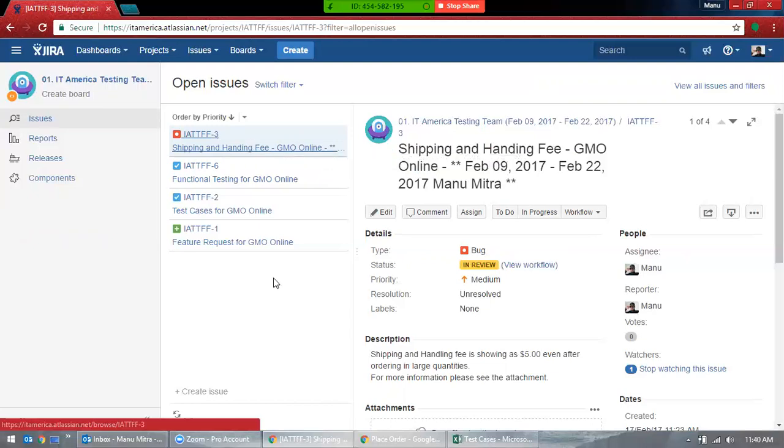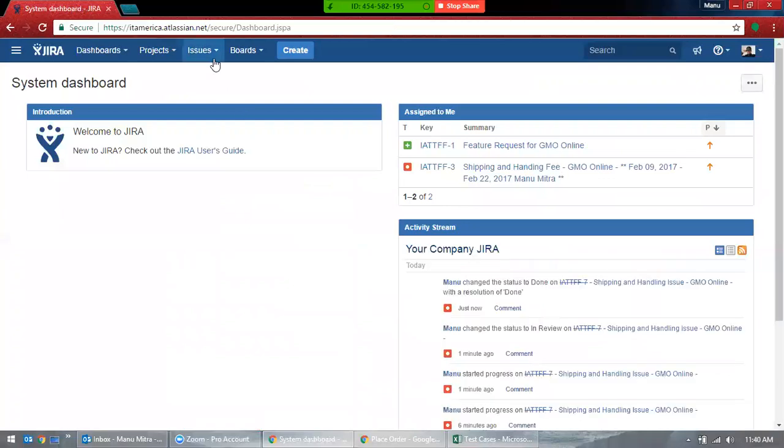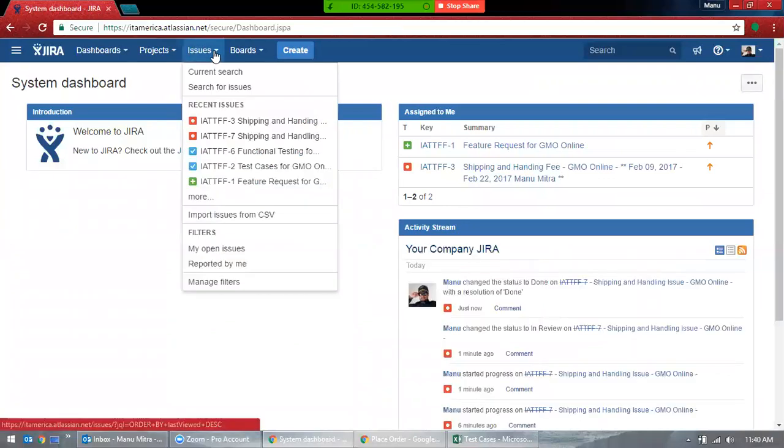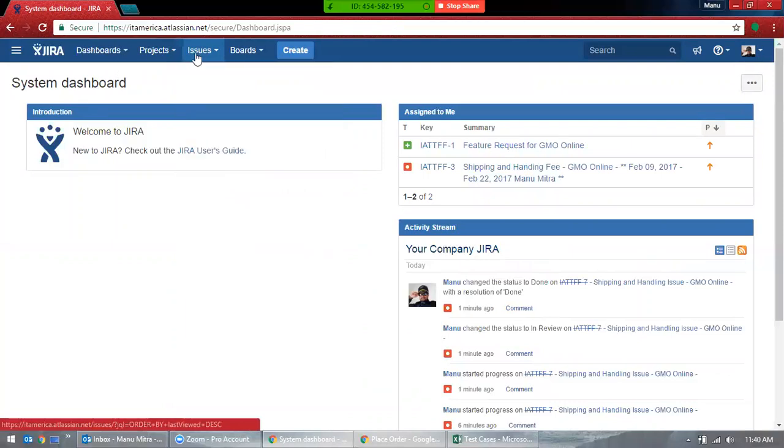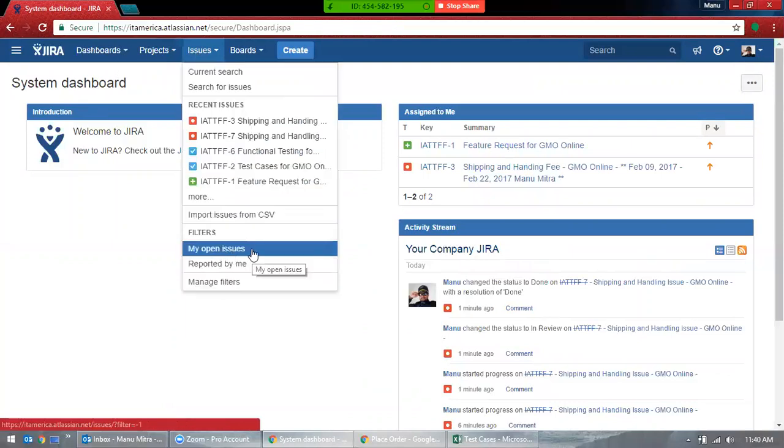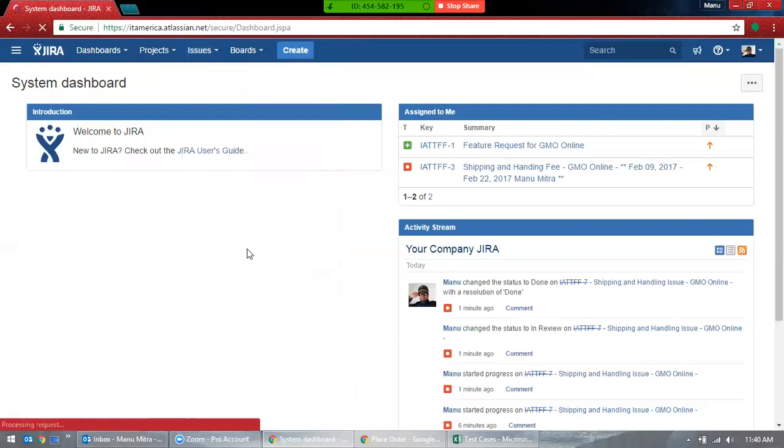So if you are interested in finding that issue again, since it's gone, it's no more in the project, and you forgot it. It's really gone. Go to the Issues section and just navigate here in Issues and see my issues, my open issues. Look into this. And once you go to that,